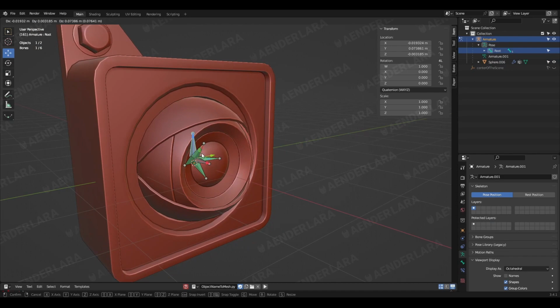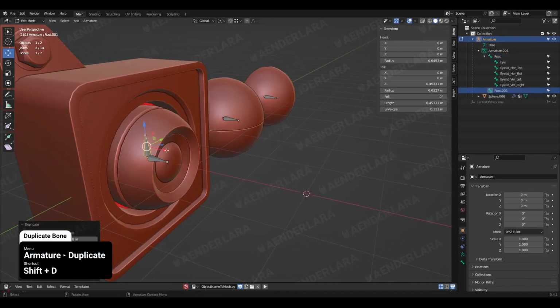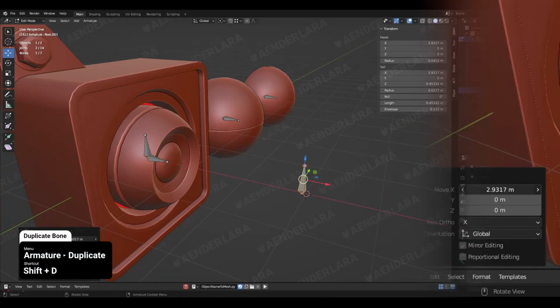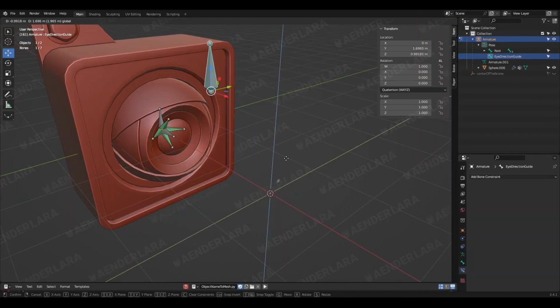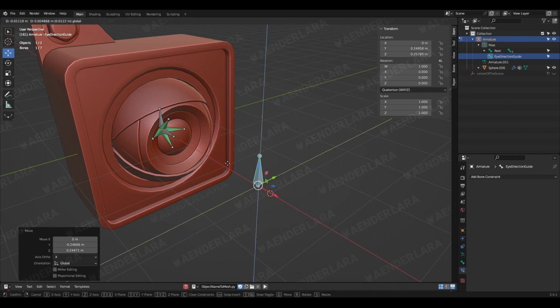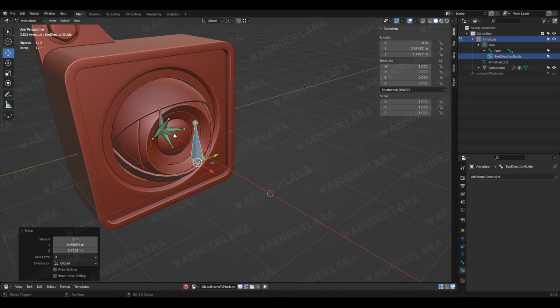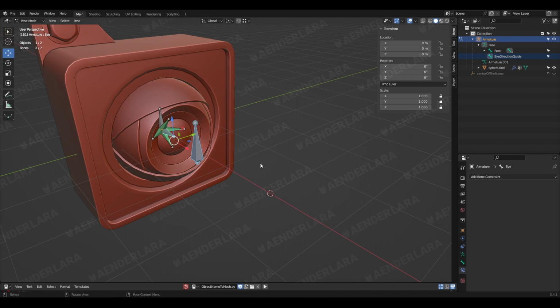All moved together now. And it's time to create some bones as controllers, starting by duplicating, aligning, and renaming one of the existing bones. We want our eye to rotate to follow the position of the bone controller, so we select the controller first as the target and the eye bone next to work as the owner.